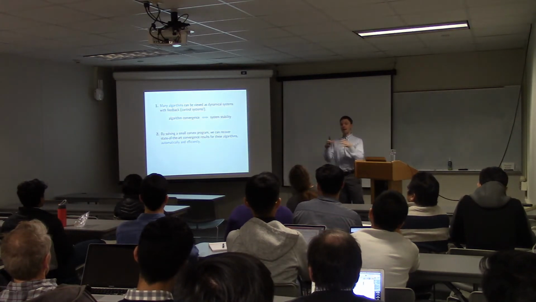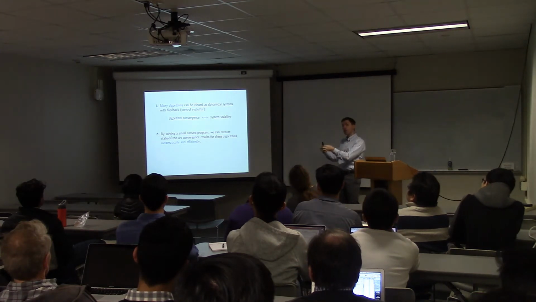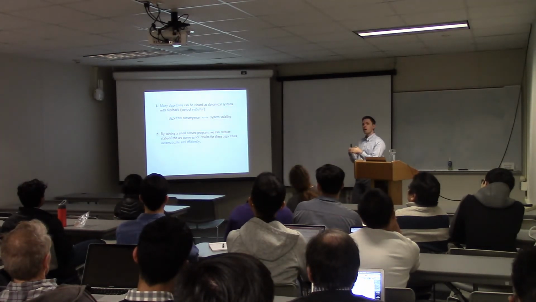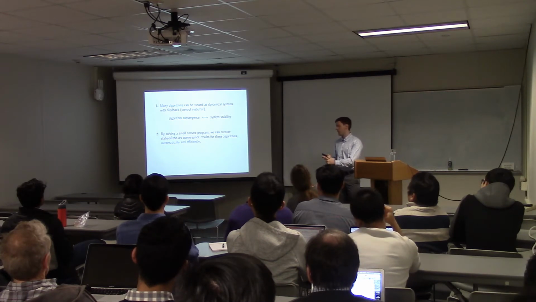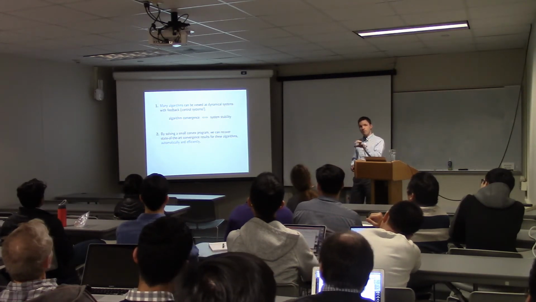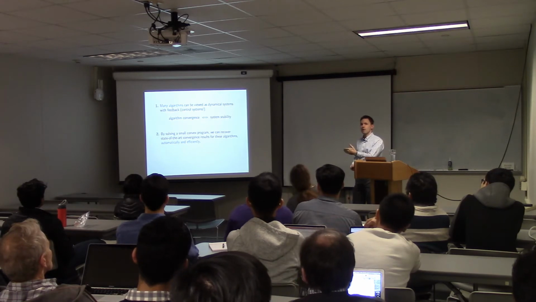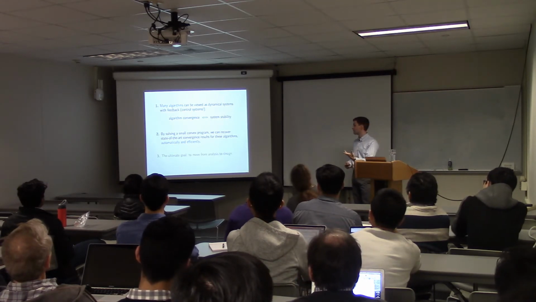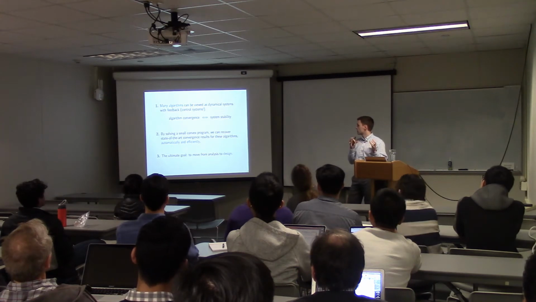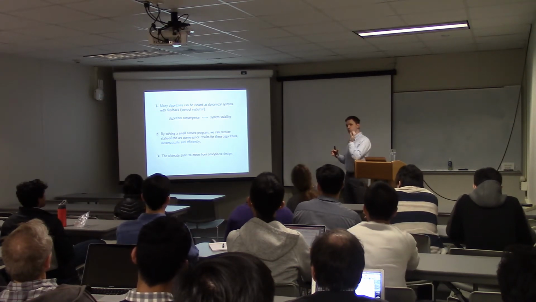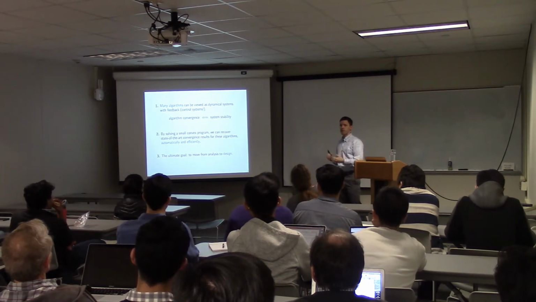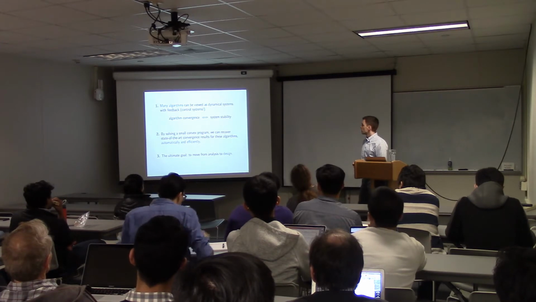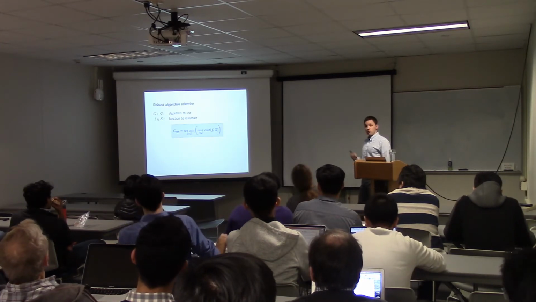The second point that I want to make is that by solving a small convex optimization problem, I guess this is like a meta optimization problem, but by solving some other small convex optimization problem, you can recover state-of-the-art convergence results for these algorithms. You can do it in an automatic way, and you can do it in a really efficient way. I'm going to show you how to do that. And finally, if we have a rapid method of doing analysis, we can go a step further and ask, can we do design now? Can we design new algorithms? And so that's the ultimate goal, to be able to move from analysis to design. And I will briefly touch on this at the end of the talk, where I'll discuss a method that we designed using these sorts of ideas. All right, so let's just actually write down the problem.